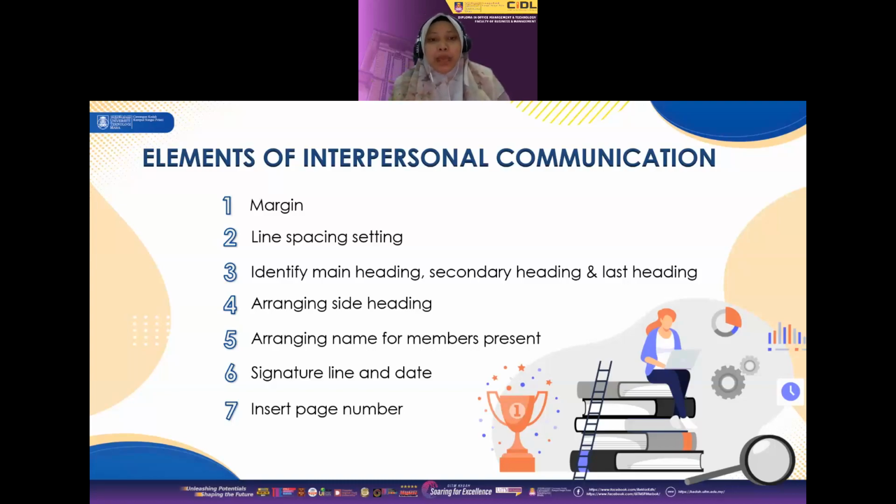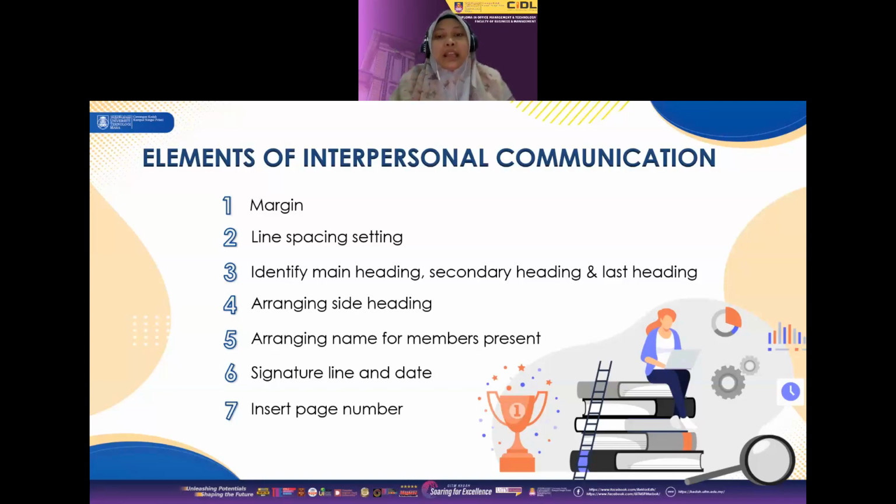But for this topic, minutes of meeting, you are required to change for 5 times. There will be places where you need to know which place you would need to change for the spacing setting. Number 3, what you need to know, a big question mark, is what are